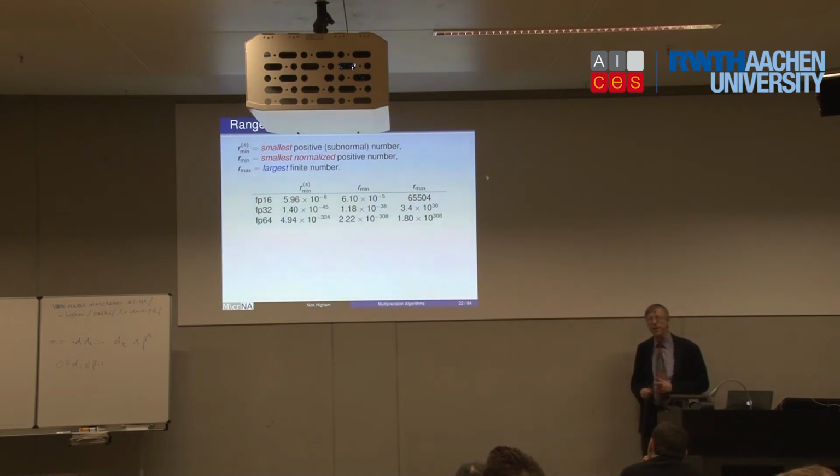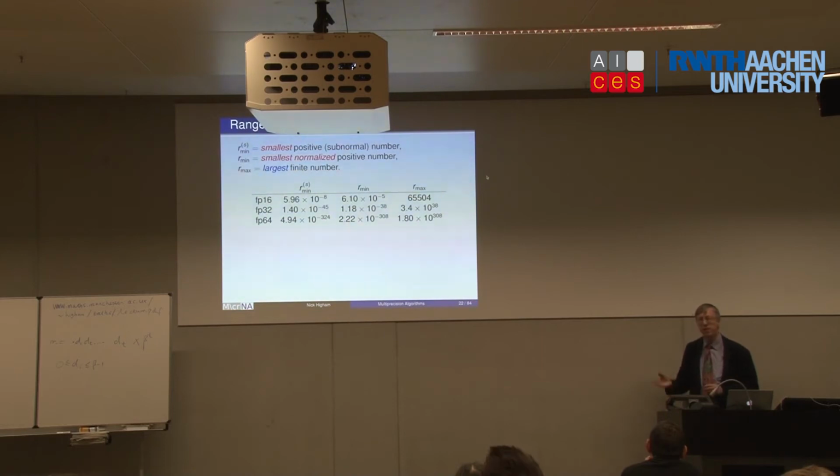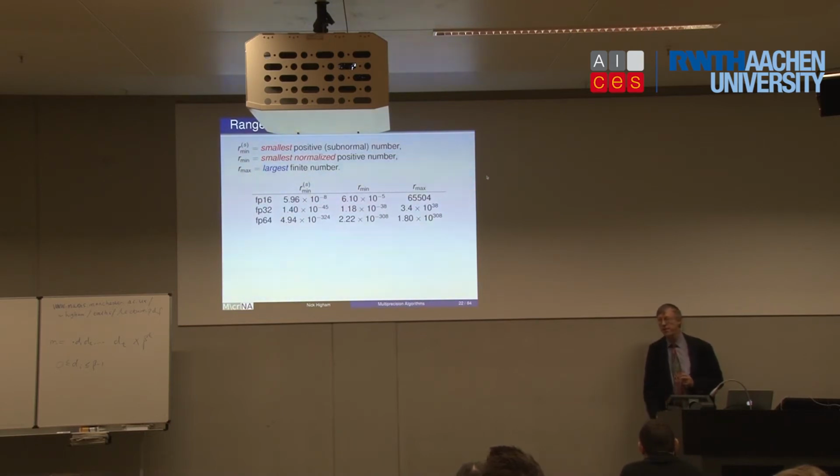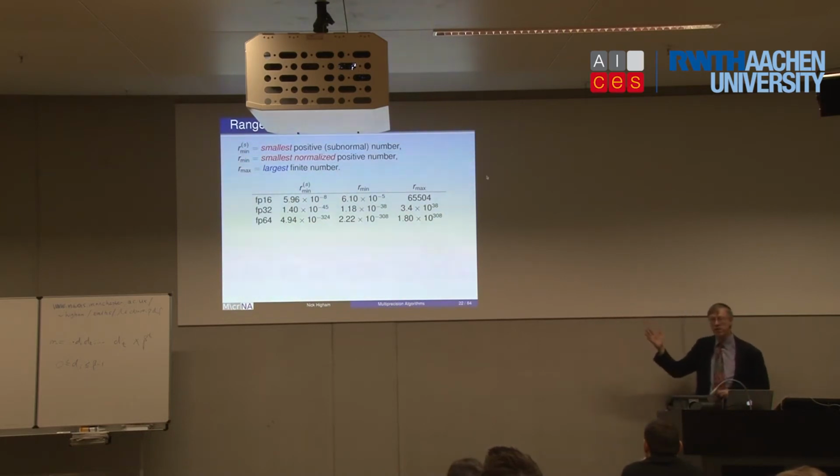Now that's both good and bad. What bothers me is that as we get more and more availability of FP16, people will say, oh look, I can make my code go twice as fast by running it in FP16, and they just change a few declarations at the top. They run it and they potentially get completely the wrong answer because they only started with 4 digits of accuracy. On an ill-conditioned problem, you lose those almost instantly.